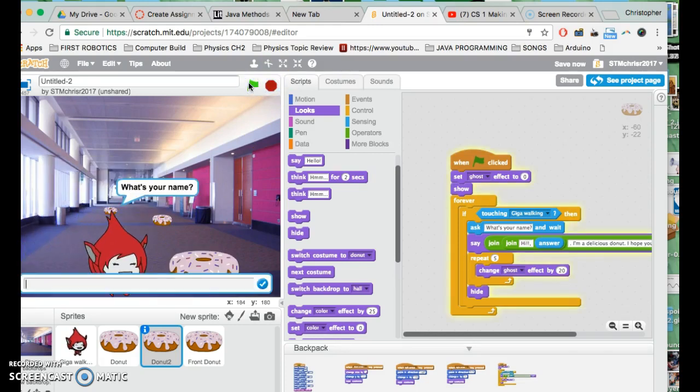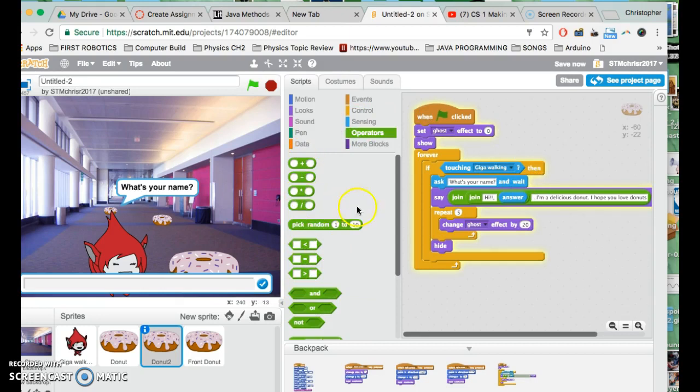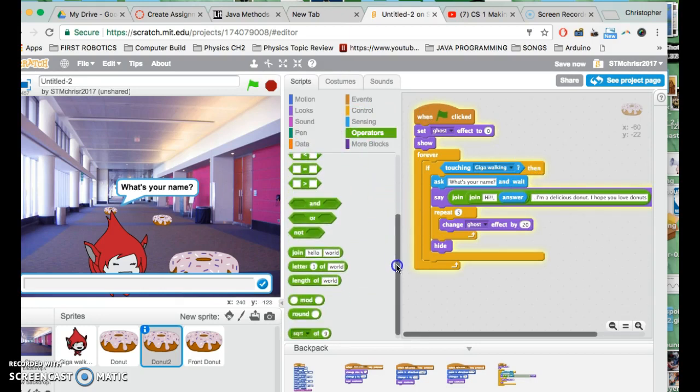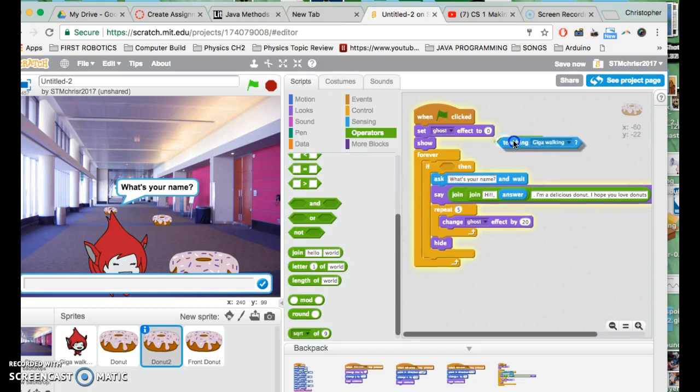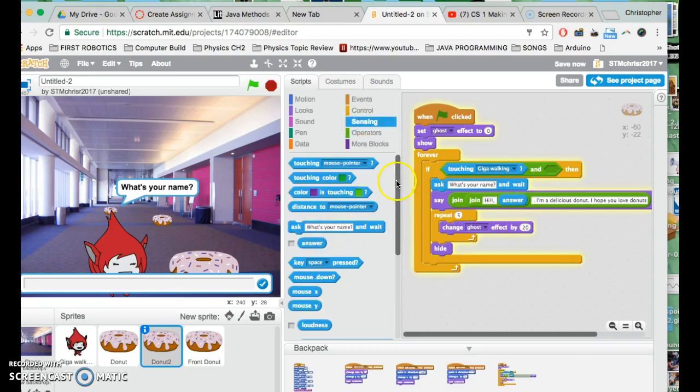So she's gonna hit this. See this one donut. This is donut 2. So he's doing it back there. We don't want that to happen. So what you would do is you could say something like this. You could kind of have a more complicated thing here. So you could say if touching Giga walking, and then you can say